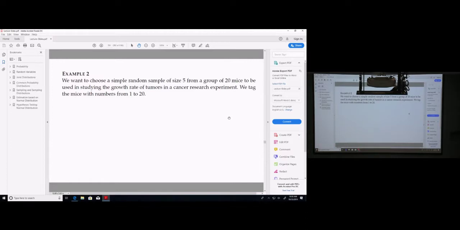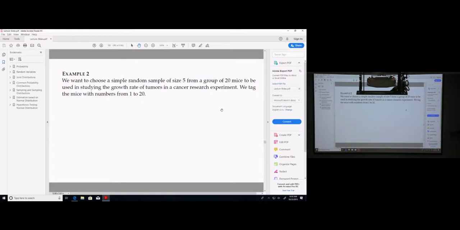We want to choose a simple random sample of size 5 from a group of 20 mice to be used in studying the growth rate of tumors in a cancer research experiment. Now this is the best way to do it. We label all the mice 1 up to 20 and then use a computer to generate 5, all right? Because if you are not relying on some computer or something impersonal to choose it,